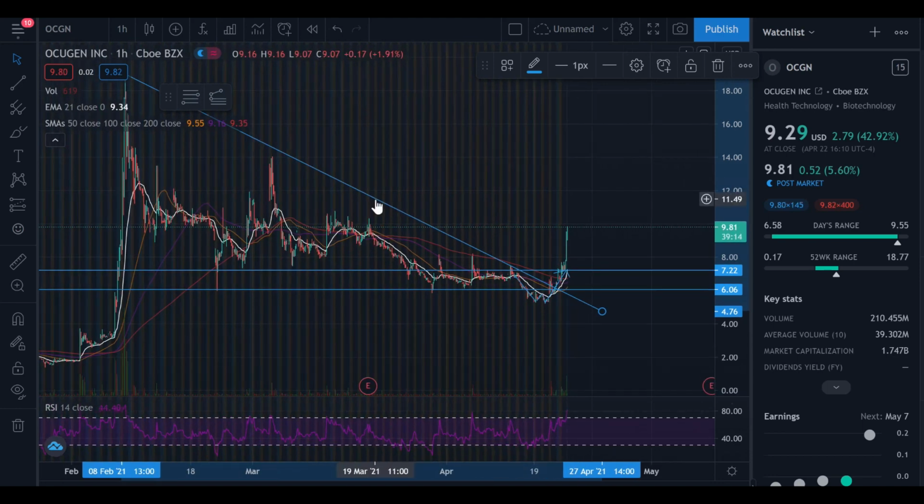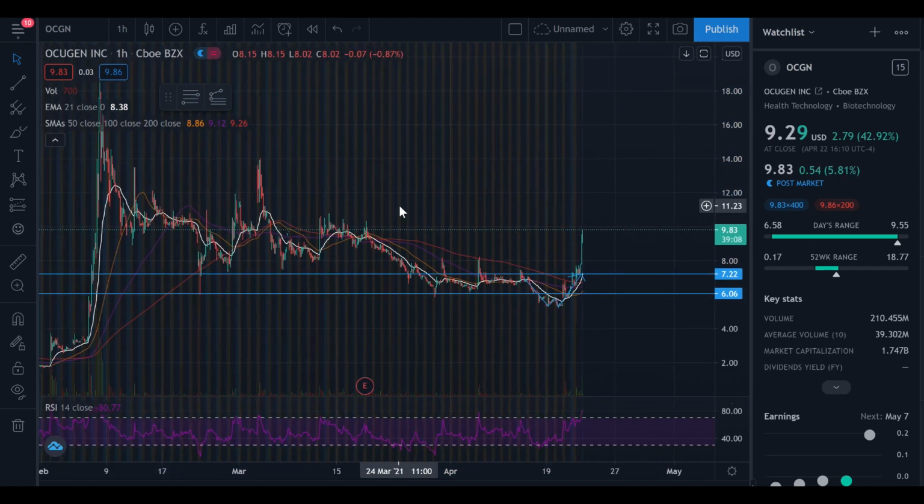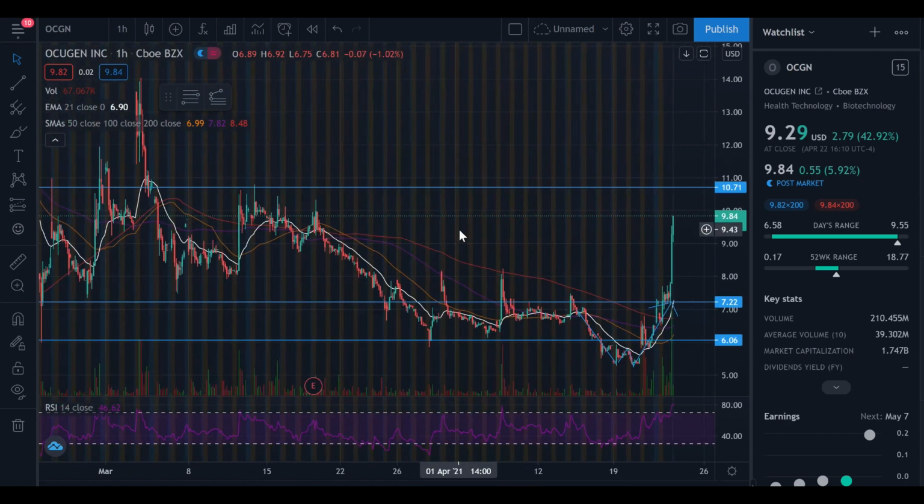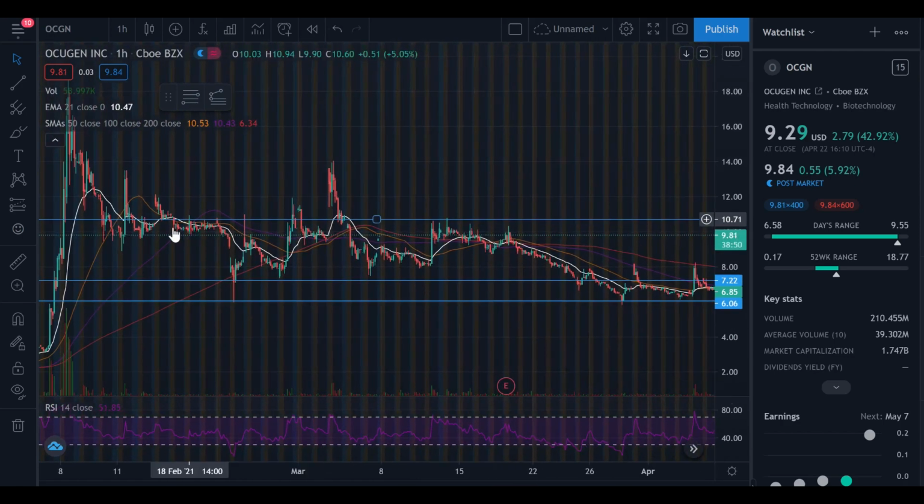Now if I get rid of this trend line here, I am going to say that the next level of resistance is going to be around this $10.70 point. I'll just draw that on the chart as well. If I just draw around this $10.70, you'll see why. If I zoom in a bit here, you can see that previously this has acted like a resistance numerous amount of times. Back here in February, we got rejected here. We were hovering around that point, but we just kept getting rejected. We were unable to break through that